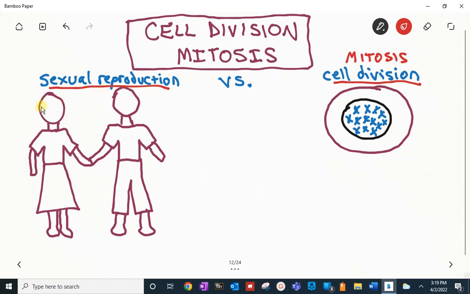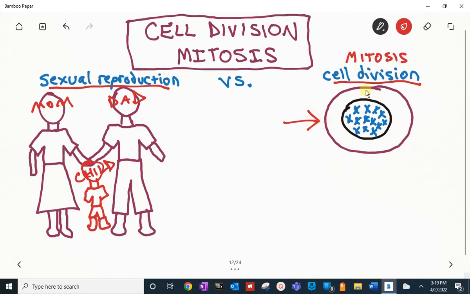So sexual reproduction is you have a mom and you have a dad and they have a child. So the end result is that now you had two people and now you have three people. You still have the original mom, the original dad, and now you have a new person, the child, and that is sexual reproduction. So mitosis, cell division, is a completely different way of reproducing because what happens is this cell